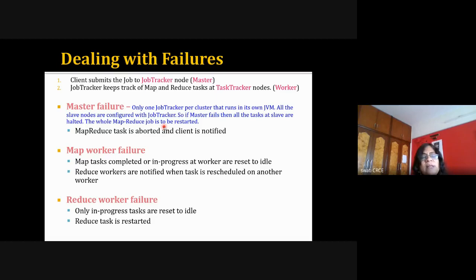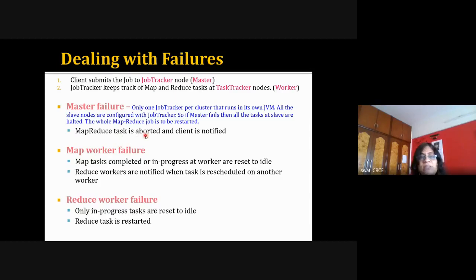Now there have been some improvements, but basically in the normal way, if the master fails, then the job is restarted. But that is a rare case, because it is a machine.